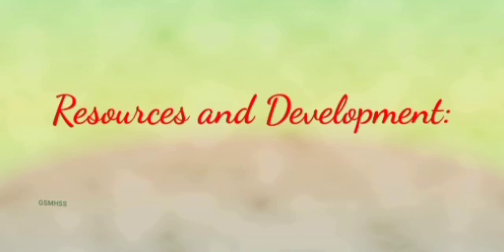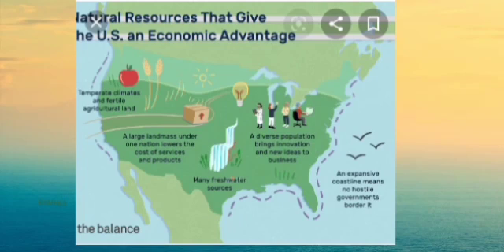Students, next you learn the resources and development. Students, what economic activity do you think would be carried out in the fertile plains of a river basin? Did you know, students? Yes, farming is the main activity in the fertile plains of a river basin, as the plains have a ready source of water nearby. A variety of crops can be grown in these fertile plains. In brief, today we will learn about the farming practices in the prairies of North America.